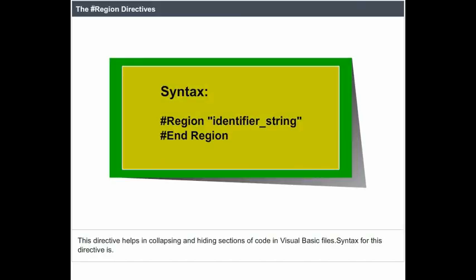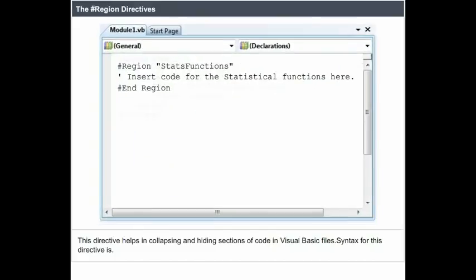The #Region directive. This directive helps in collapsing and hiding sections of code in Visual Basic files. The syntax for this directive is #Region identifier_string, #End Region. For example,